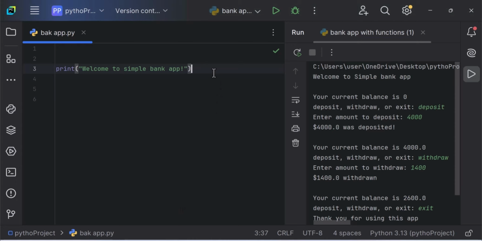Hello. We want to demonstrate our knowledge of function by developing a simple bank app. Let's look at our output. Our program says, welcome to simple bank app. Your current balance is 0. Do you want to deposit, withdraw, or exit? Enter amount to deposit. If I choose deposit, then it says $4,000